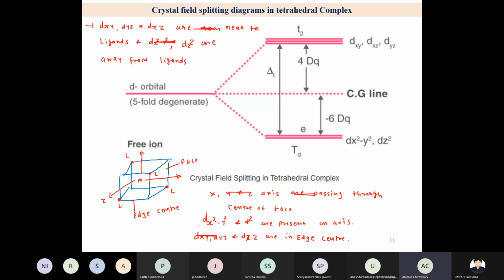XY, YZ, and XZ. Yes, so they experience more repulsion, and that's why energy of T2 set increases